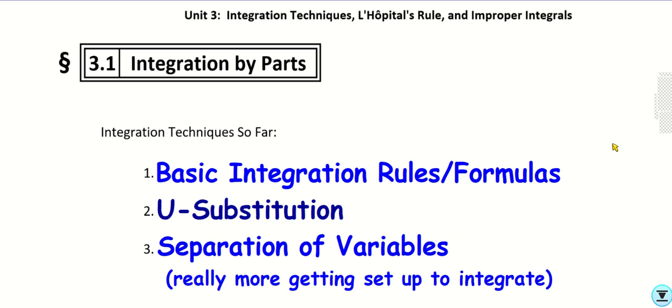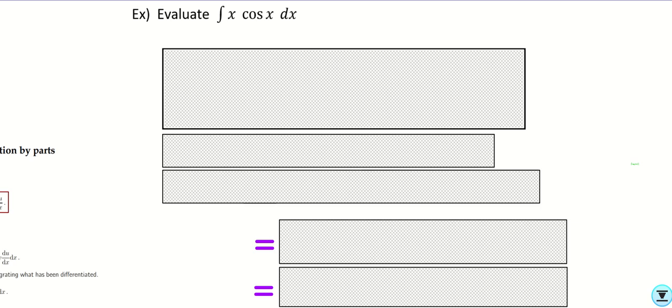So as far as integrating, there's not really all that much that we have as far as different strategies. U substitution is by far the fanciest thing that you're aware of at this point in time, because other than that, it's just the basic trig rules, just pretty much knowing that the integral of cosine is sine and all that kind of stuff. But let's see what we have in store for us